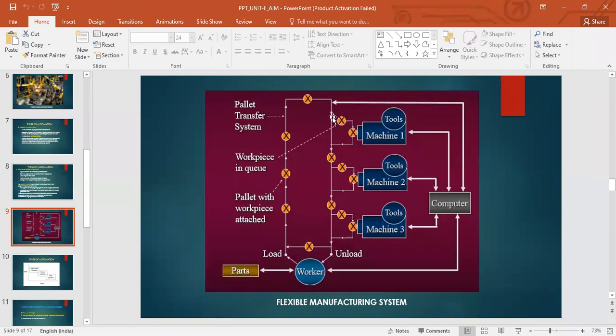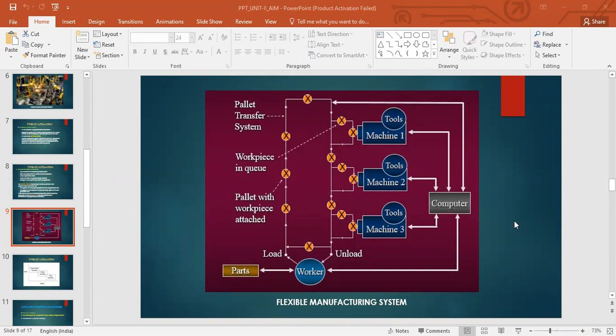So as per the code and instructions, it will take that, it will load it onto the machine, it will perform the operations based on the programs that have been sent by the computer, and once that is done, it will release it to the transfer system, and then it goes on to the next workstation. We said 1 and 3, so it skips 2 and goes to 3, because machine 3 knows that it has to do the next one after machine 1. So it takes in that product, performs the processing operations as per the program, and then it will unload that.